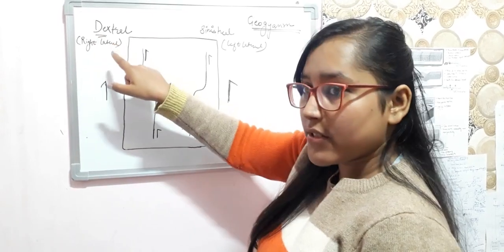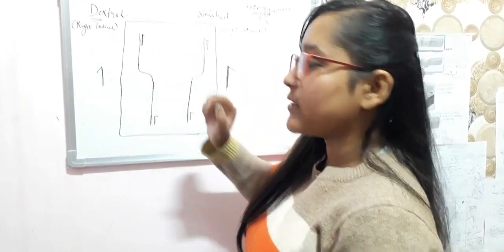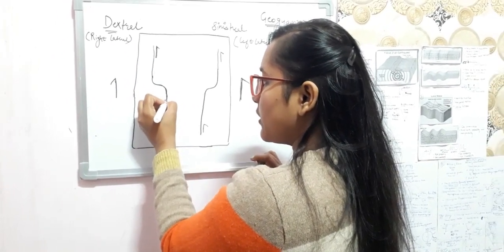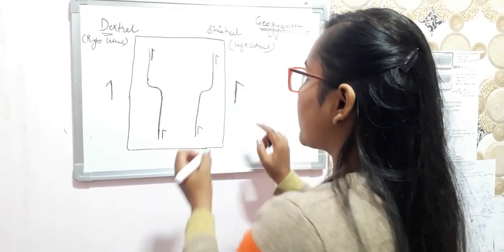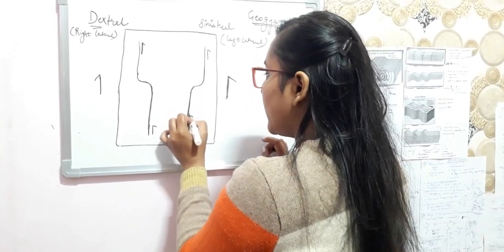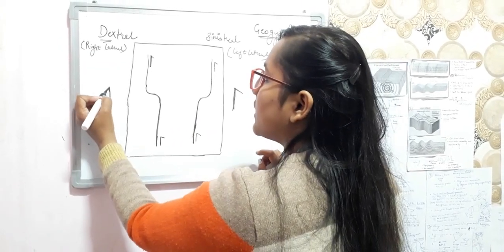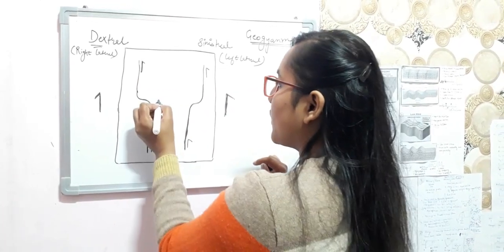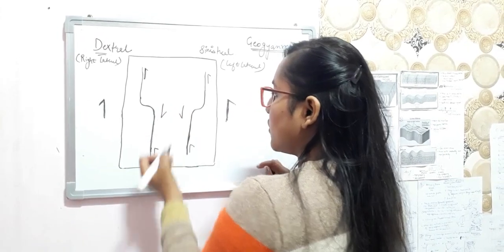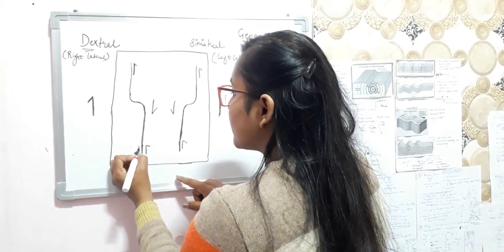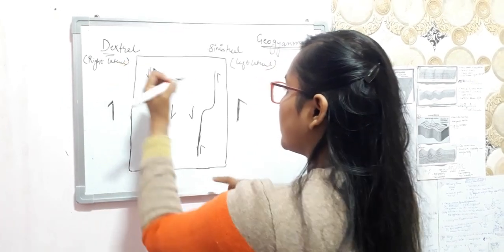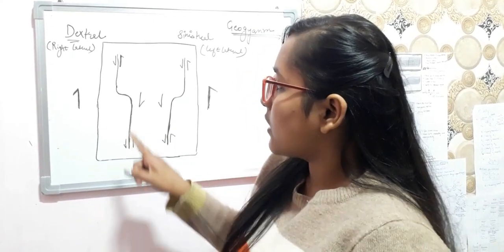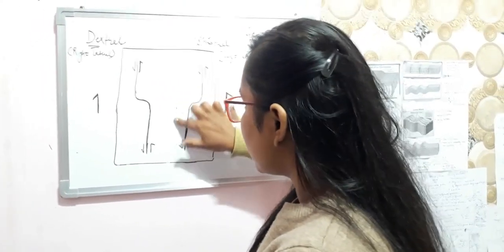First, I have drawn the dextral and another one is sinistral. So what is dextral? It is right lateral. So I have shown the movement on the right side over here. And for the sinistral, the bending is toward the left side. Okay. And these are the major shear directions. So what will be the other direction? It will be this one. So let's draw it over here. Now I will rub this for now.